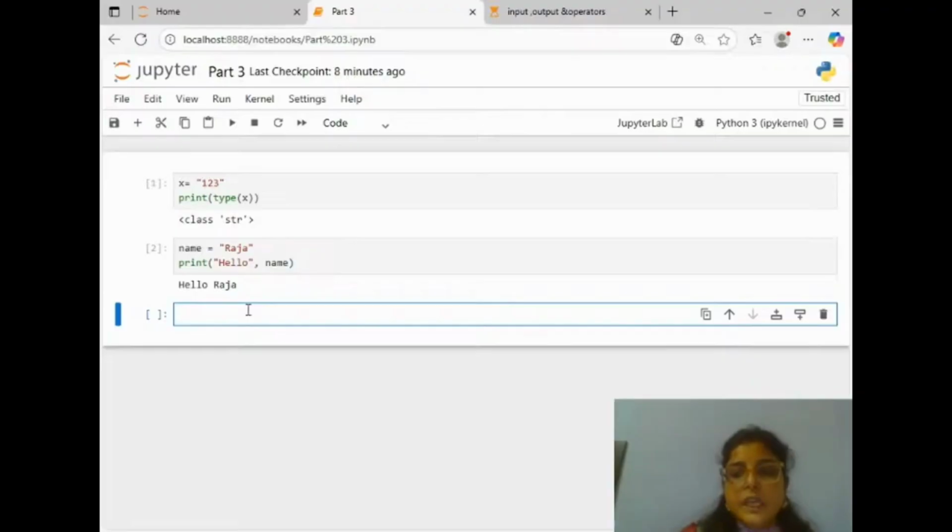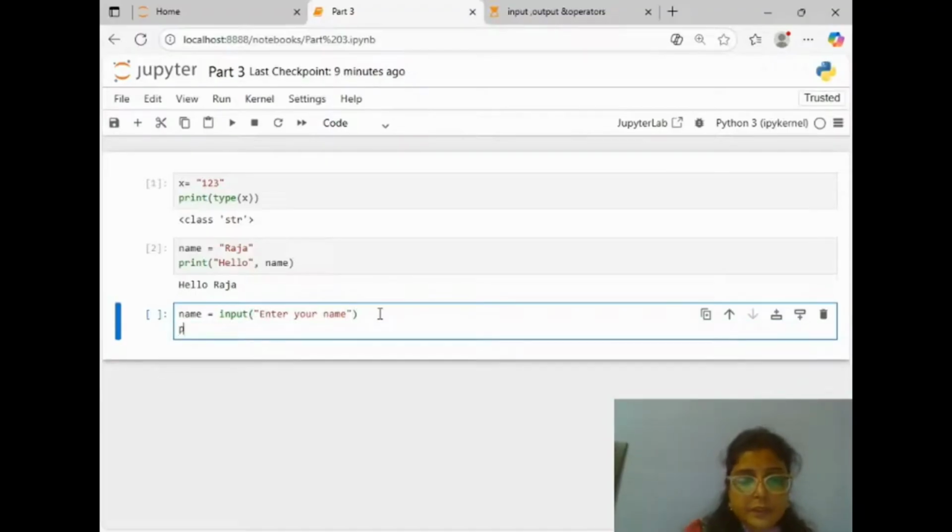Then input with input. So we will give our input with input. Now let's make our program interactive. Let us take the input from the user. Like name is equal to input. We are taking input from the user, like enter your name, right?